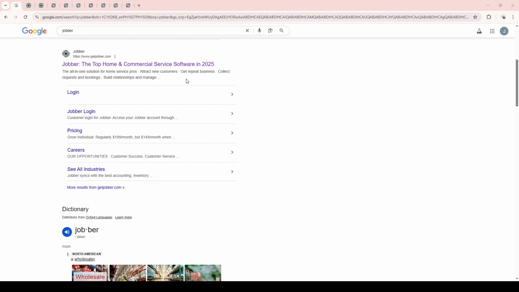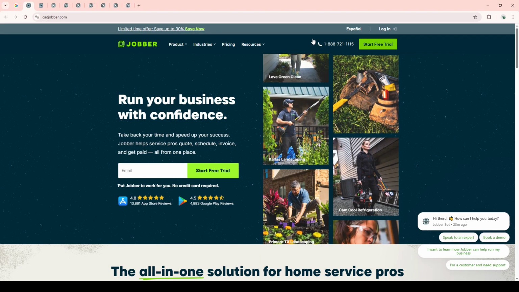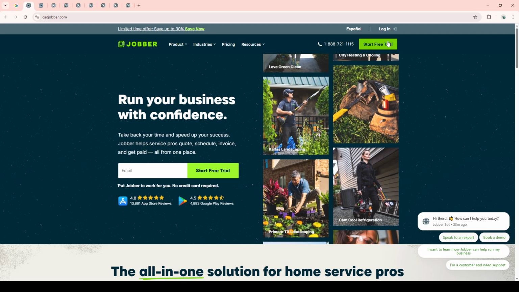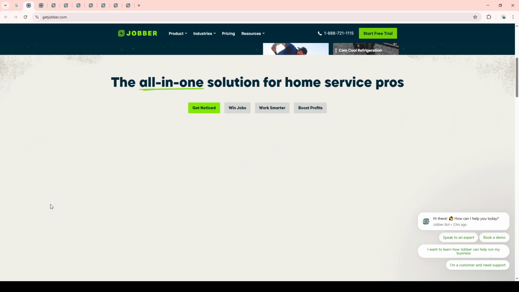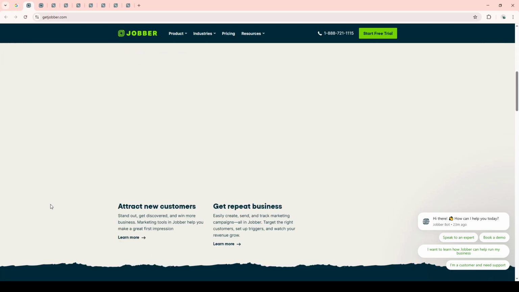First, open your web browser and navigate to the Jobber website. This is your first step to accessing a powerful platform designed to make your work life easier. Once there, you'll see options to either start a free trial or dive right into choosing a subscription plan that best suits your business needs. If you're just getting started, the free trial is a great way to explore what Jobber has to offer without